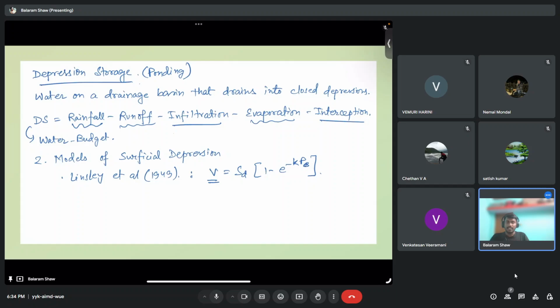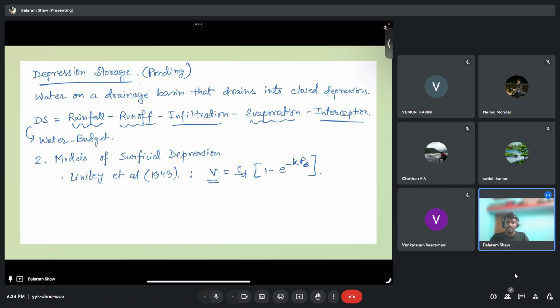Okay, so the first question is, which of the following surfaces will have the most pronounced interception? Can anyone tell? As I mentioned, interception happens wherever water can be retained. Yes, option C, dense forest canopy. Correct. Most of the interception that is happening is from vegetation. So the correct answer will be dense forest canopy.